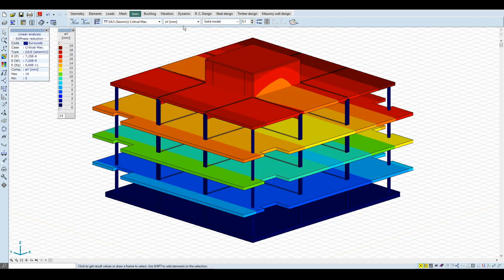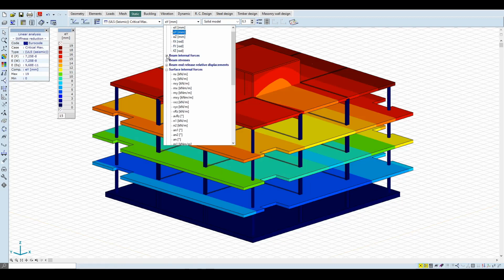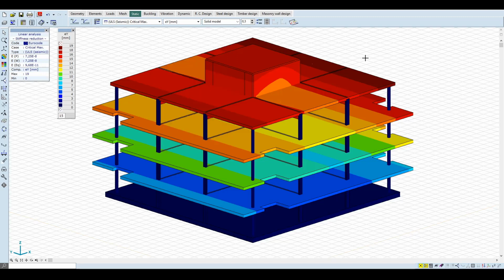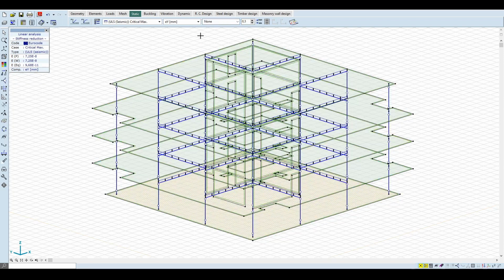We can check the displacements of the structure, but of course the program can show the beam internal forces, stresses, hinge deformations, surface internal forces and stresses and strains, reaction forces, and so on. These can be used and imported into the different design modules for further analysis and standard design checks. In case of a complex model, it is not easy to understand or check the global results. Using a virtual beam and axis can help us to present the global internal forces integrated on the selected structure elements. We know that the main load-carrying element is the core of the building.